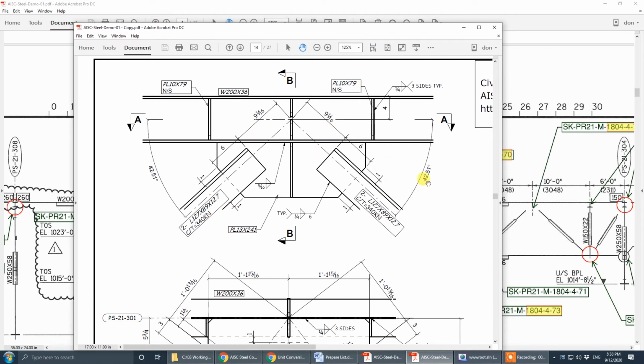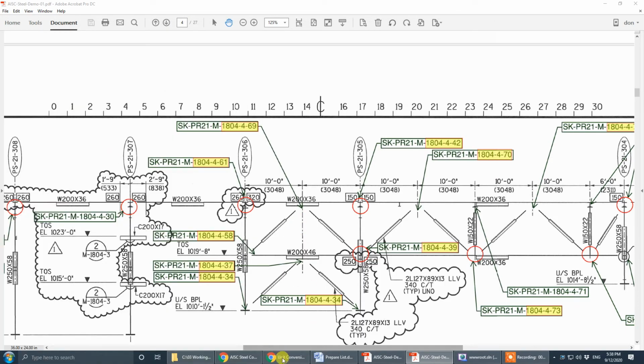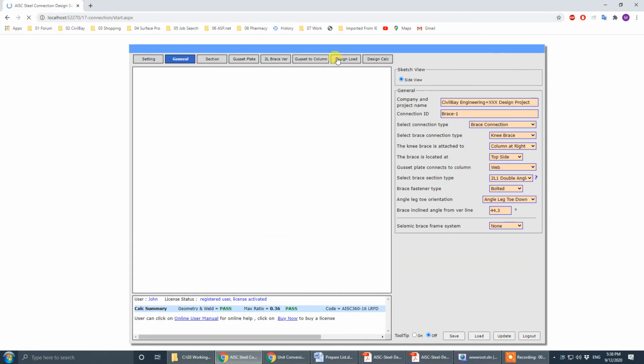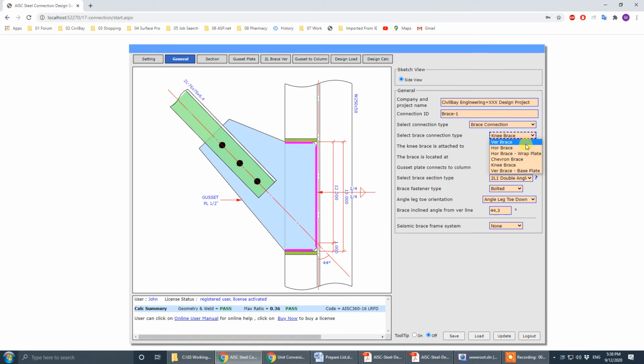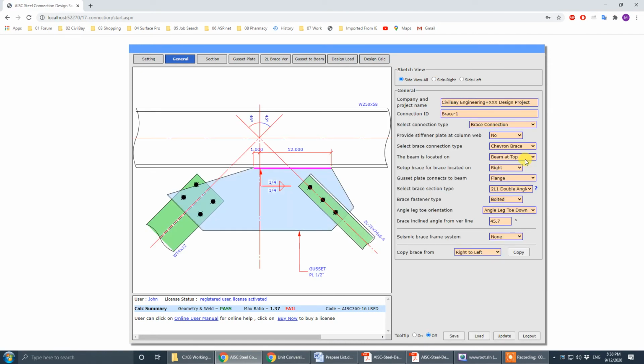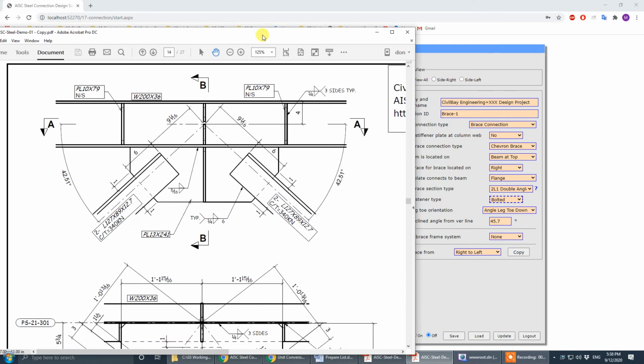Okay, vertical chevron brace. So the angle is 42.5 to horizontal. So to vertical it's 47.5. All right, I only use vertical line. Angle between brace and the vertical line is 47.5. All right, so chevron brace, general knee brace, change to chevron brace, and the right side. So it's double angle. It's double angle 12789 1/2 inch,